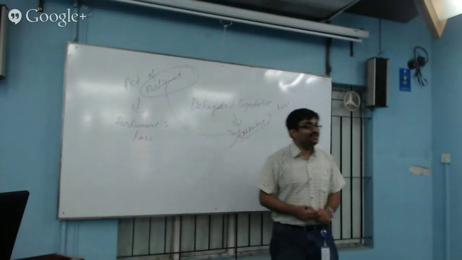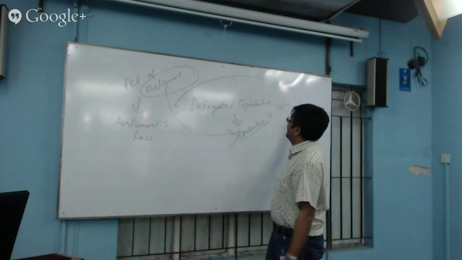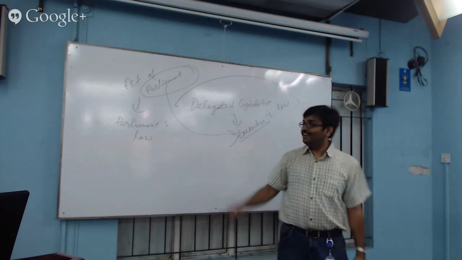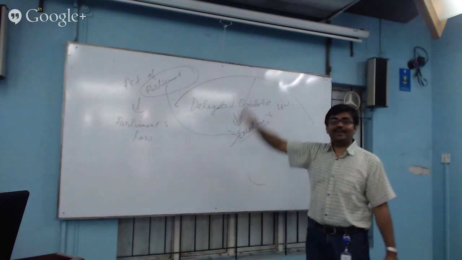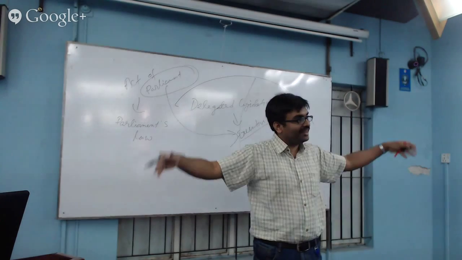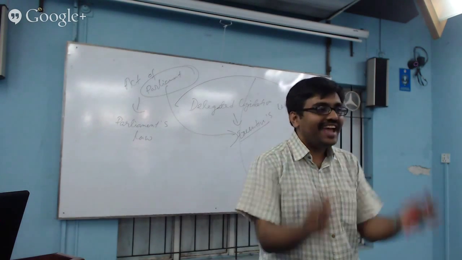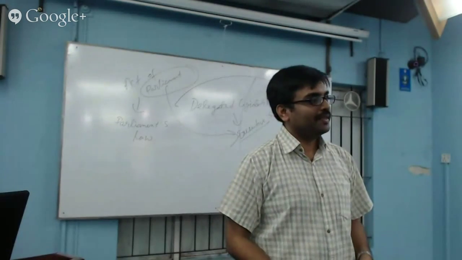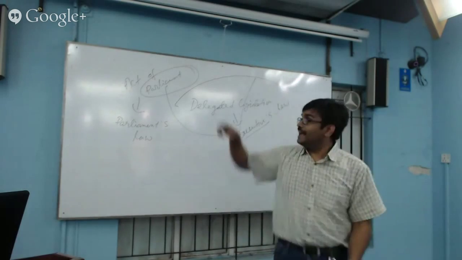So what did they do? The Parliament has fixed an umbrella. You make the law, you stay within that umbrella. That umbrella is what we can call the intention of the Parliament, the remit fixed by the Parliament. If the executive exceeds this,